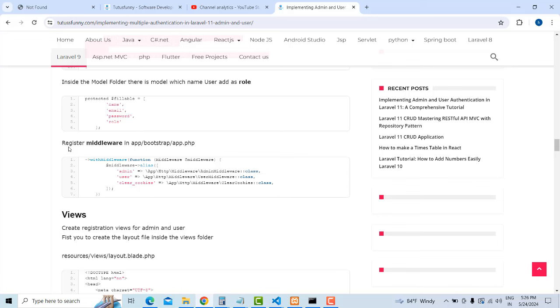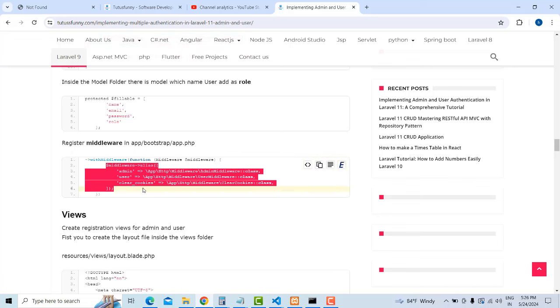In Laravel below 11, make it as Laravel 10, Laravel 9, you have to implement the middleware in the kernel file. But this one, you have to write it here. This one, we register the middleware. You have to go to